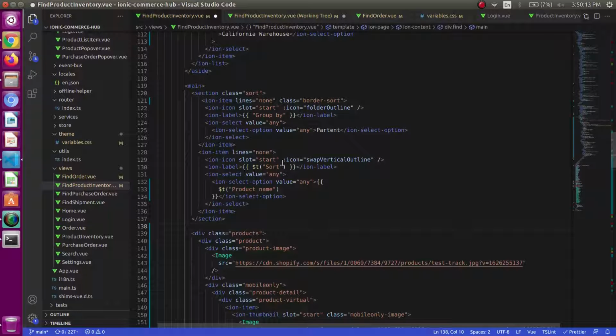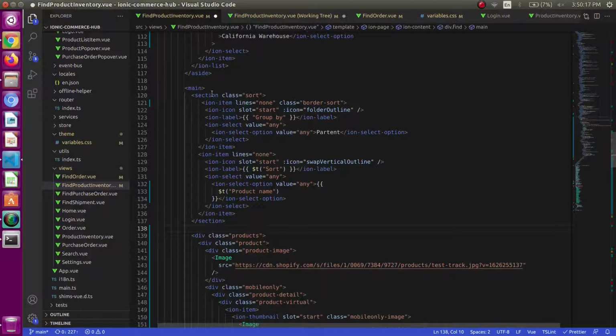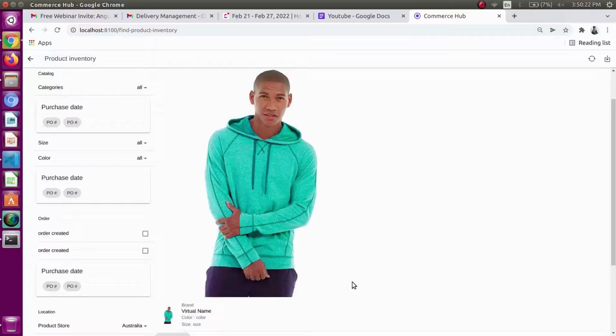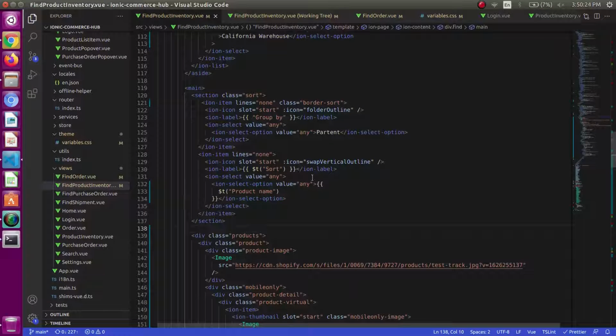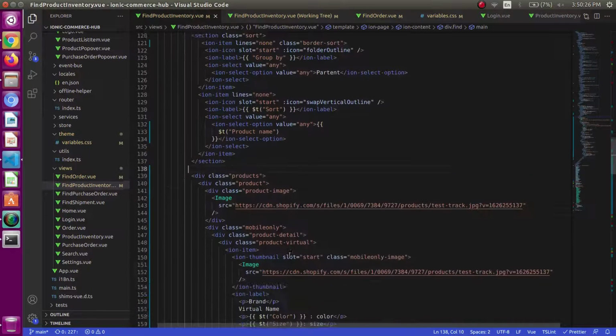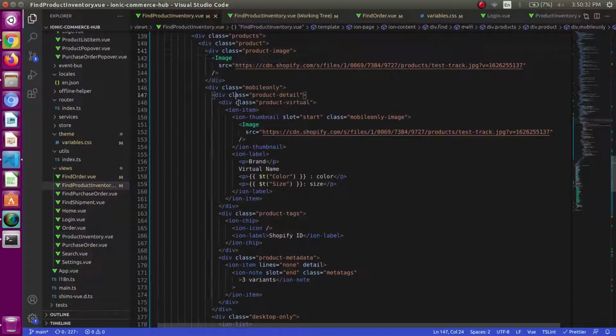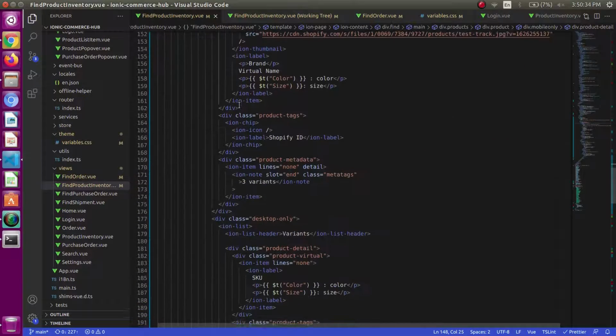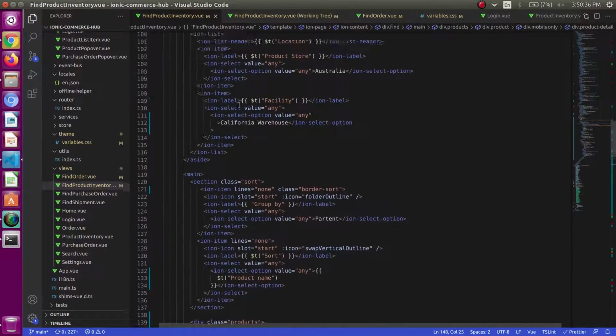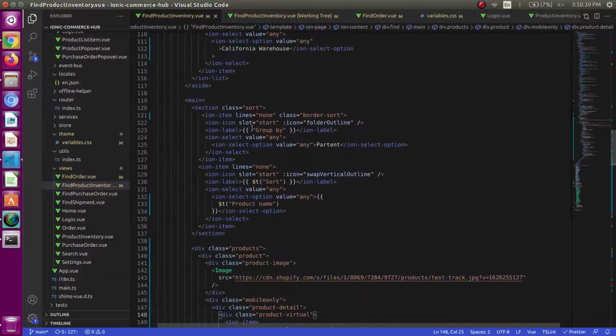After this, I have the product part, which contains the product information. This is somewhat looking like this now. So I will be just using somewhat this markup and will update some classes.